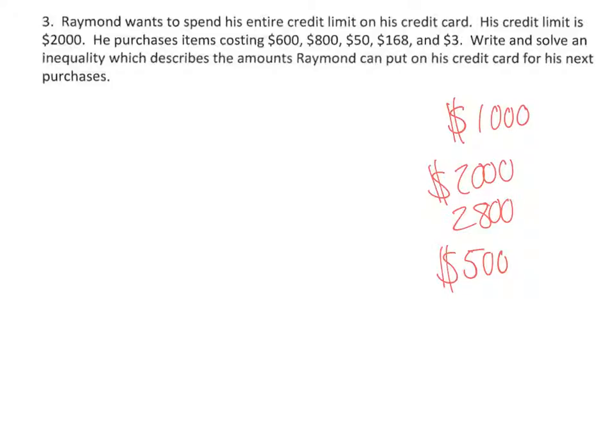So, Raymond wants to spend his entire credit limit on his credit card. Not smart. His credit limit is $2,000. He purchases items costing $600. So that's what, like an iPhone? $800. A laptop? $50. Headphones. Not even the new AirPods, huh? You can just get regular